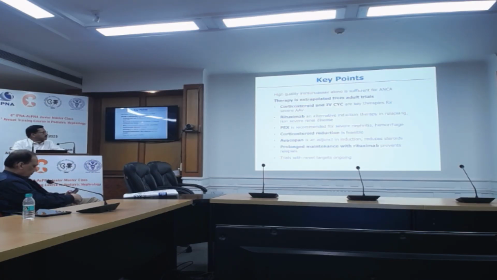So to summarize, therapy is largely extrapolated from adults in ANCA vasculitis and crescentic glomerulonephritis. Corticosteroids and IV cyclophosphamide are key therapies in severe ANCA-associated vasculitis. Rituximab is a good alternative induction agent in relapsing disease and in non-severe renal disease. Plasma exchange still has a role in severe nephritis and pulmonary hemorrhage. Corticosteroid reduction is feasible. You could either